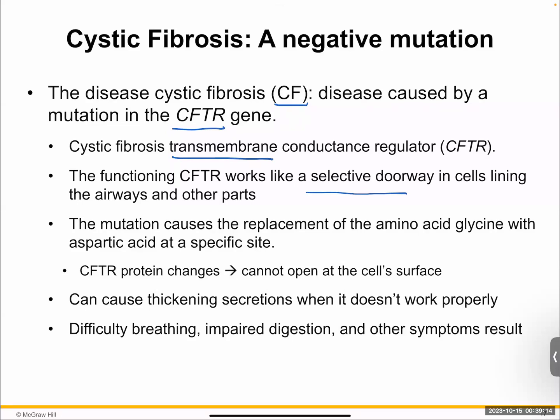This type of gene is very important in our airways. So they're affecting your respiratory system in another sense. So what happens when there is this mutation that leads to cystic fibrosis? You are replacing a single amino acid called glycine. And again, you don't need to know the names of the individual amino acids, but in this case, it's a very specific change in the amino acid from glycine to what we call aspartate, or aspartic acid.